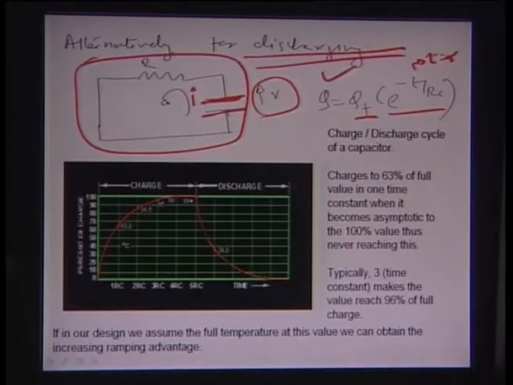Alternately, at time t equal to 0, the Q is actually at its full value QF just before the start of the discharging process. So, a very interesting aspect about these two charging and discharging cycle times is that if you plot the percentage of charge with respect to the time, as you are seeing in this illustration here, this really is the growth cycle,